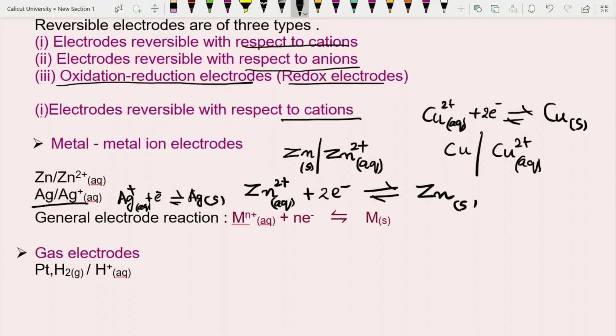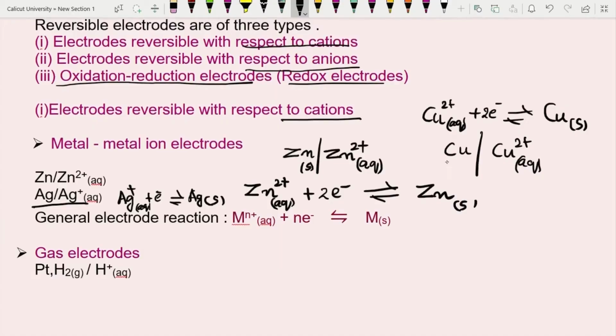So, whatever it be, if I am showing a single electrode reaction, I have to represent it as a reduction reaction. So, here I have been discussing an electrode reversible with respect to cations, and in that category